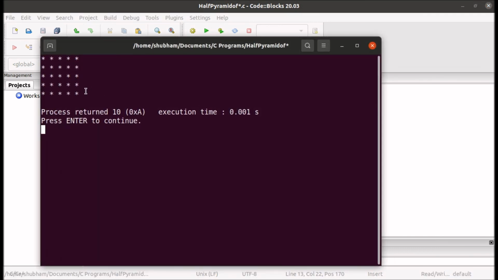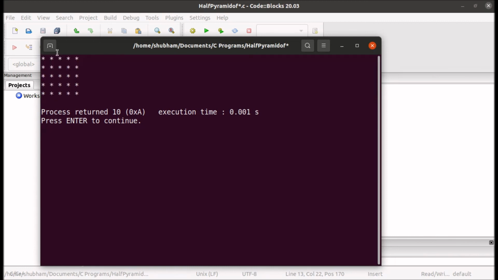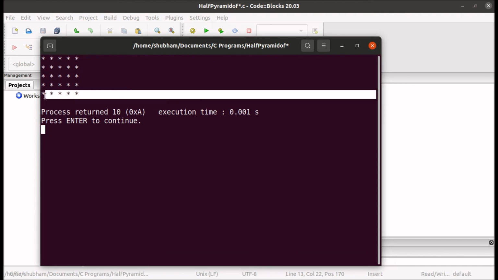Now you can see that there are 5 lines of stars and each line contains 5 stars, and we have to reduce the number of stars. In the first line we will have 1 star, in the second line 2 stars, in the third line 3 stars, in the fourth line 4 stars, and in the fifth line 5 stars.